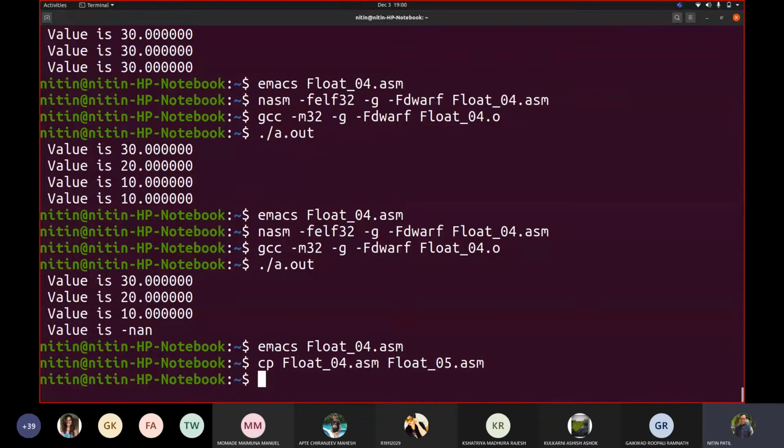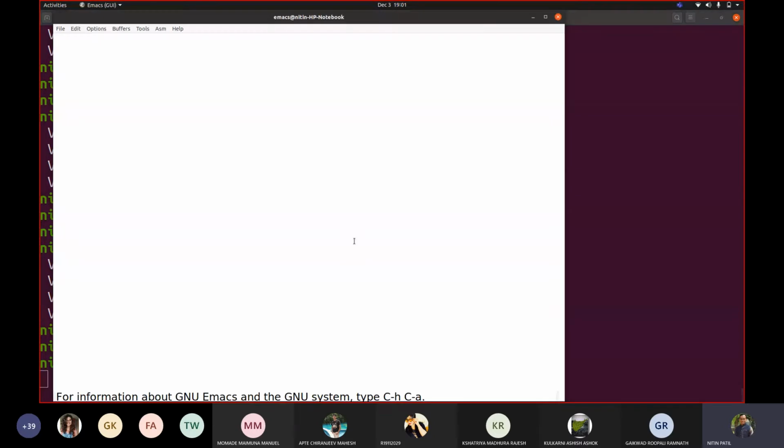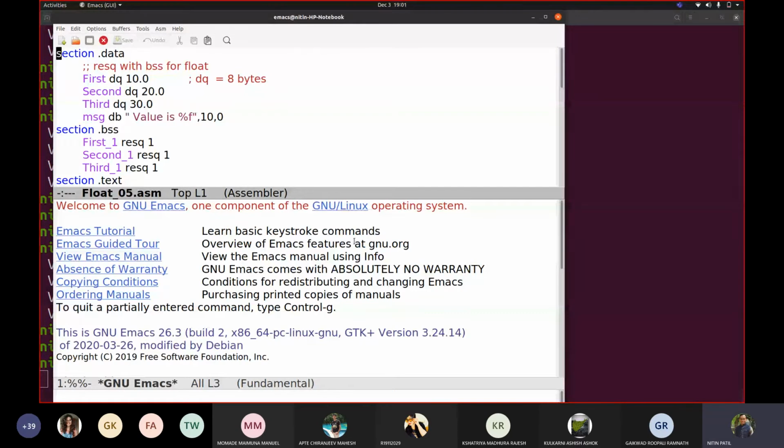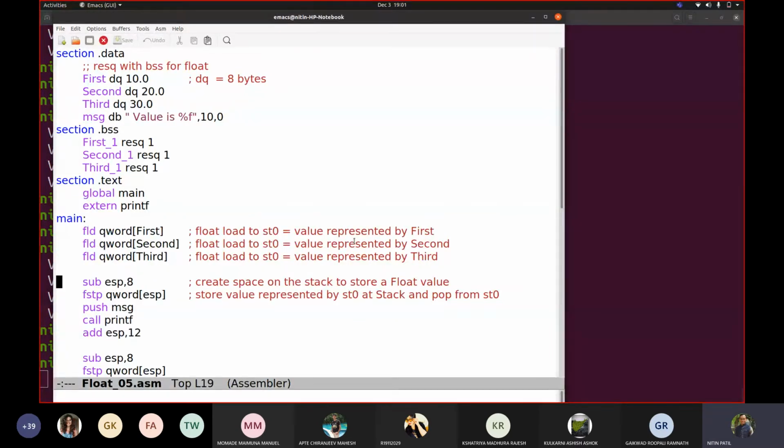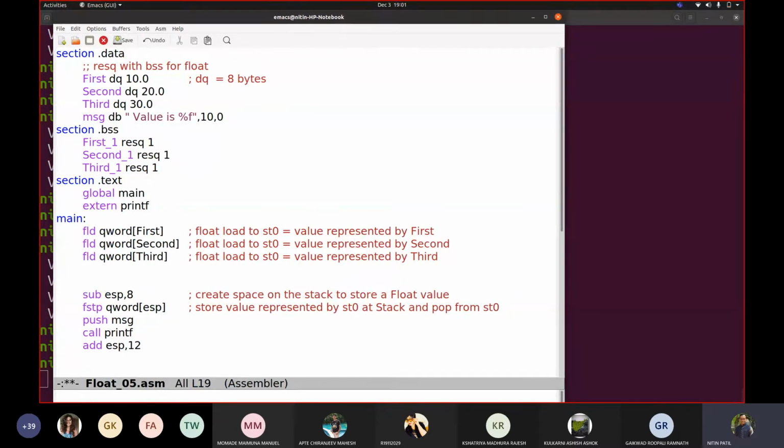Okay, sorry, now we have another program. So let us go to Emacs float5.asm. Now what I'm doing is, we'll keep these two. Now I want to add first and second together.